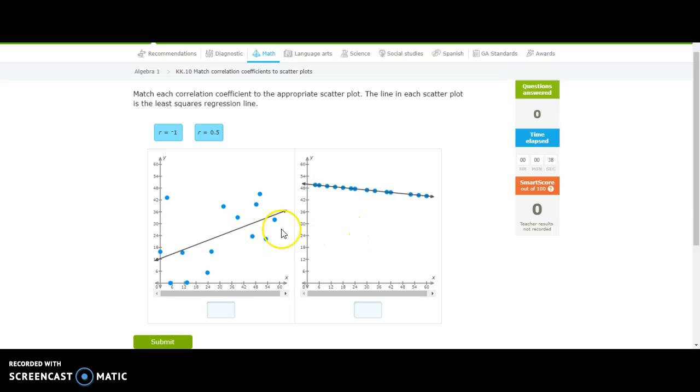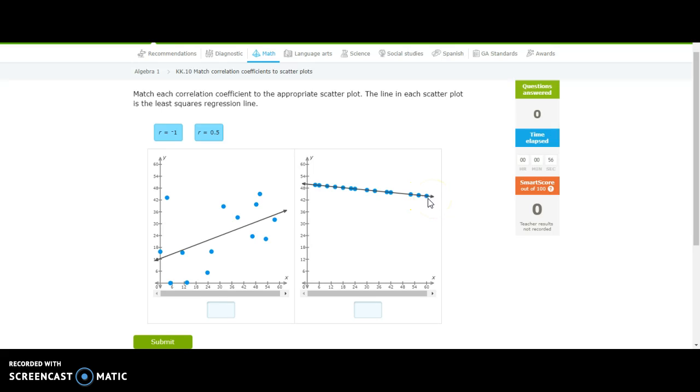And I have two choices right here. I notice that one of my graphs is going up. It's a positive slope. That should help you narrow down some of these as well as just looking at the positive versus negative. And then this one right here, even though it's so slight, this line does go down from